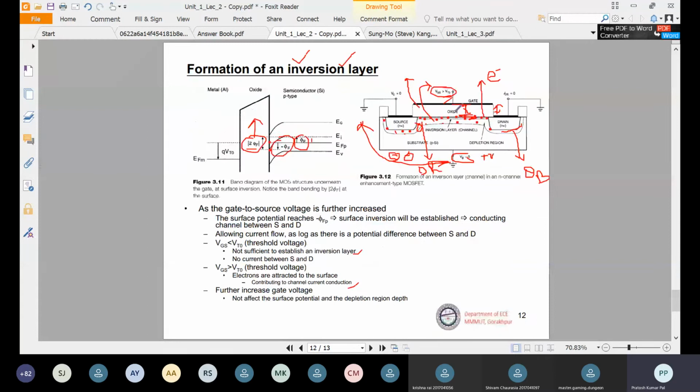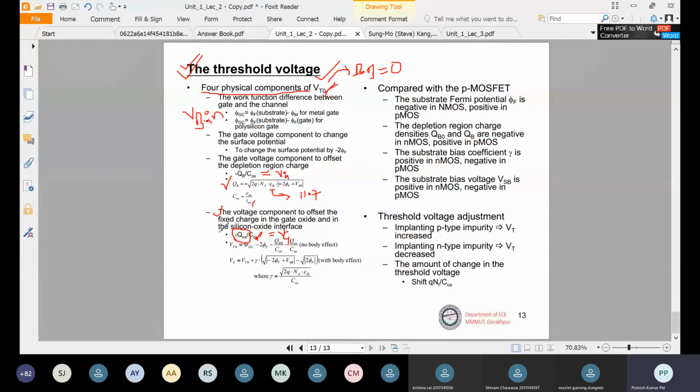After compensating all these four components, so whatever first, second, third, fourth components we are having, then only we will be able to make channel. ठीक है, चैनल तभी बनेंगे जब हम ये सारे कंपोनेंट्स को कंपनसेट कर देंगे. तो आफ्टर कंपनसेटिंग, वो गेट वोल्टेज जो कि इन चारों कंपोनेंट्स को कंपनसेट करेगा, दैट गेट वोल्टेज विल बी इक्वल टू योर थ्रेशोल्ड वोल्टेज. ठीक है, दैट गेट वोल्टेज विल बी कॉल्ड एज थ्रेशोल्ड वोल्टेज.